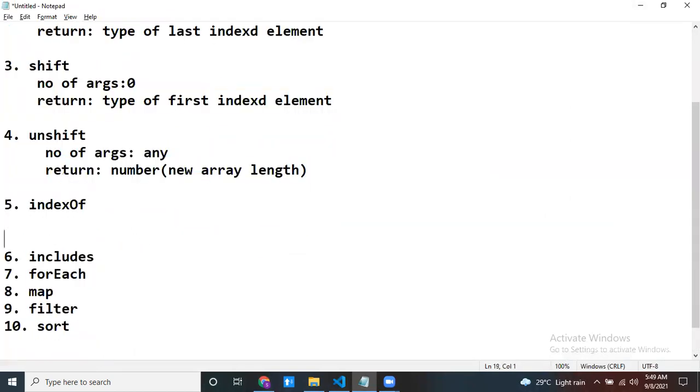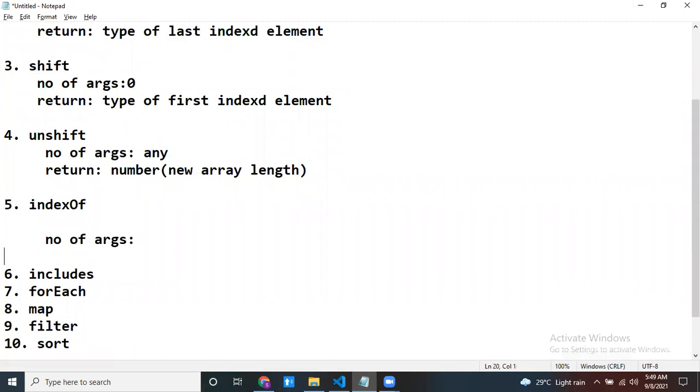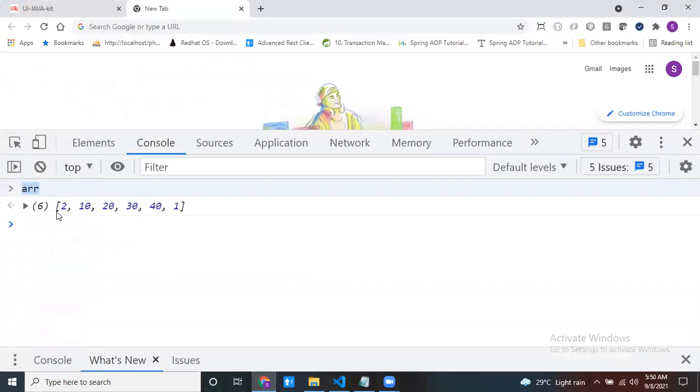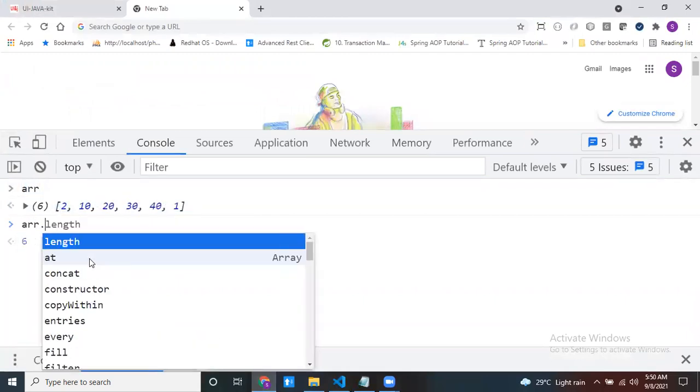Now indexOf, which takes how many arguments? What is the return type? What is the purpose? We can say indexOf is used if you want to find an element's index in your array. Then you can go with indexOf. Whichever element's index you want to find, you can pass that element as an argument to my indexOf method. Now these many elements are there. I want to find the index of 40, so how can we do it? Array dot